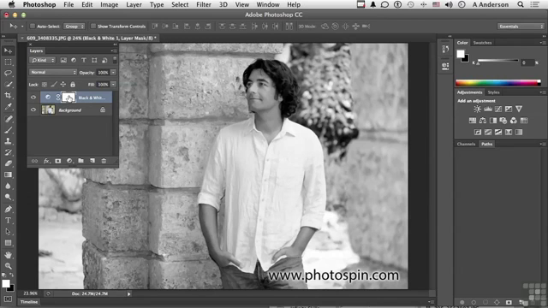The mask controls where the adjustment is applied based on painting it with black, white, or shades of gray. If you paint with black, you're saying, don't adjust that area, bring it back. If you paint with white, see it's all white right now, give the image the entire adjustment. Now this is cool, if you paint with shades of gray, the percentage of gray determines the percentage of the